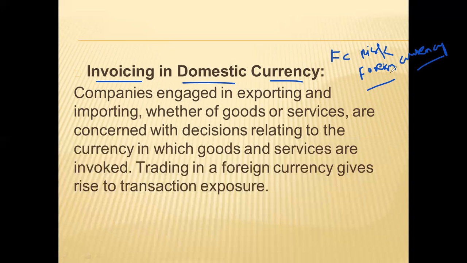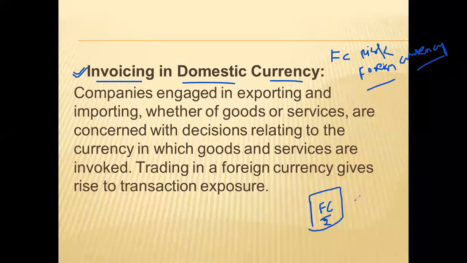Another can be, instead of invoicing in foreign currency, you can invoice in domestic currency. For example, India's domestic currency is rupees. So invoice in rupees, and there will be no effect of foreign exchange. Whatever amount you get will be in rupees. This can be another technique, but practically not possible because foreign transactions are denominated basically in dollars only. But this can be a technique for reducing the risk. Instead of invoicing in foreign currency, we can invoice in the Indian currency, that is domestic currency, rupees.